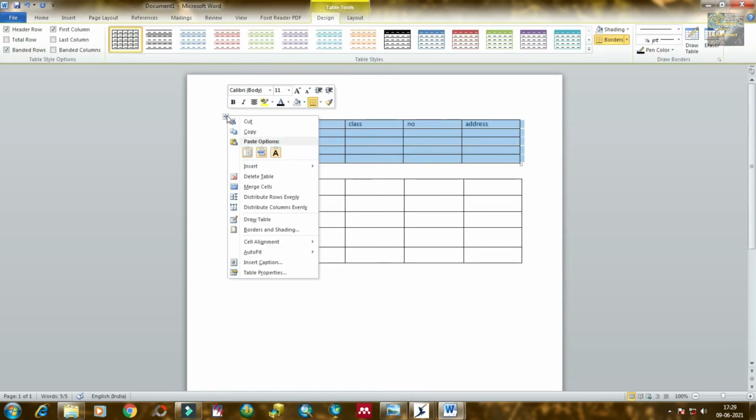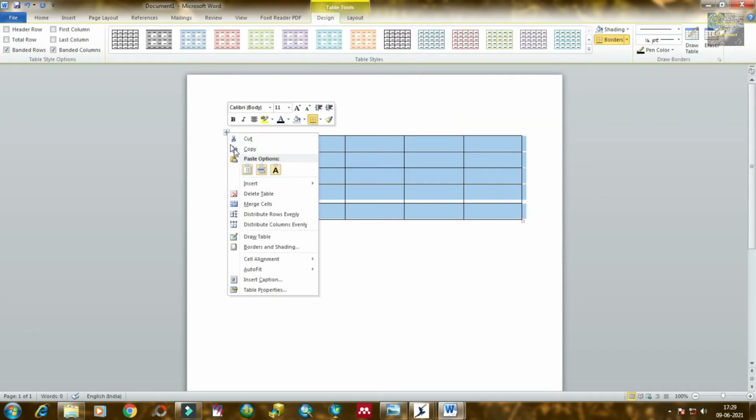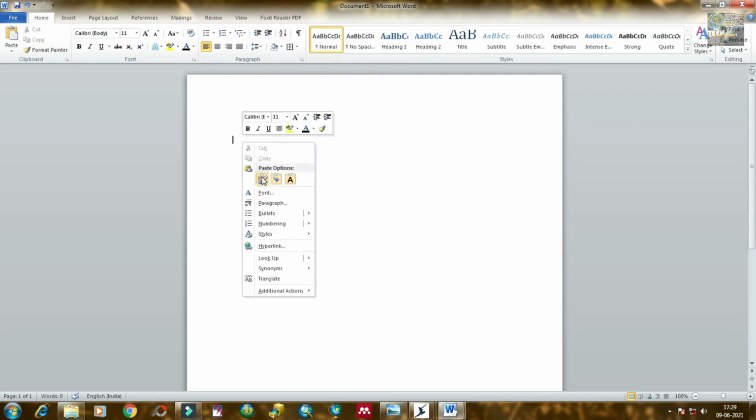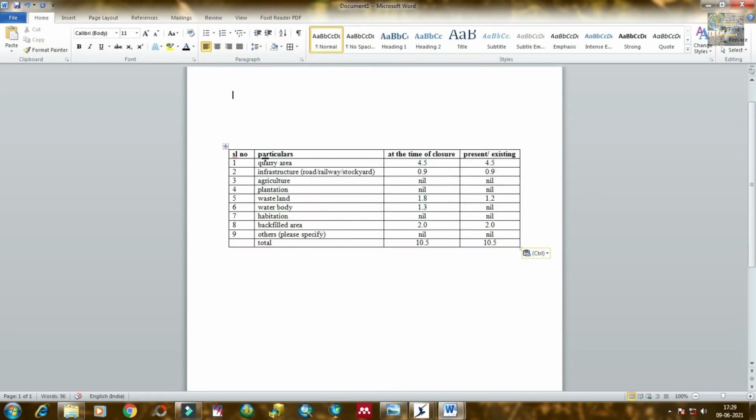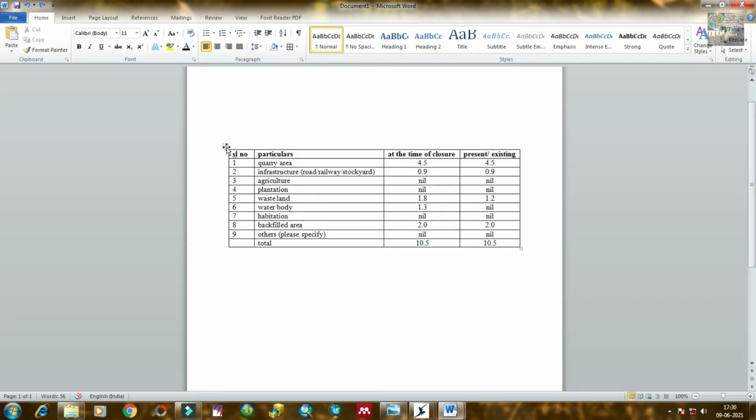Now I am deleting both the tables, and I am going to insert my own table. You can see the table I have prepared. There is a table tab, and there are so many drop down options of the table. You have to select the table first, and now